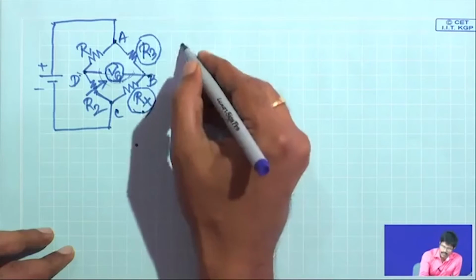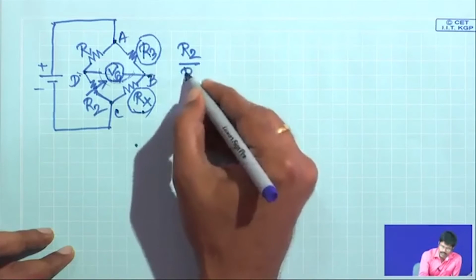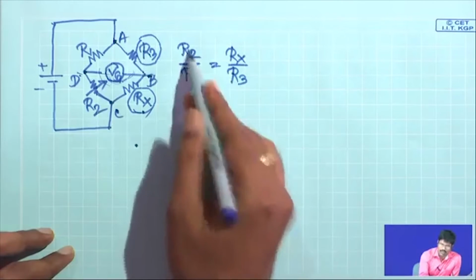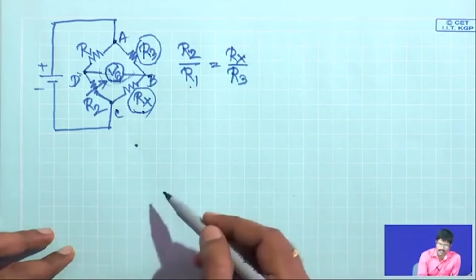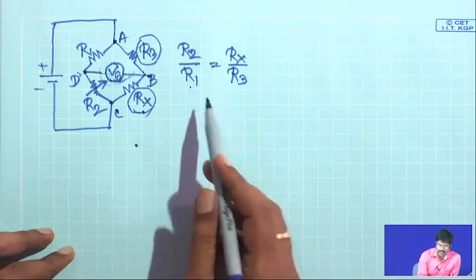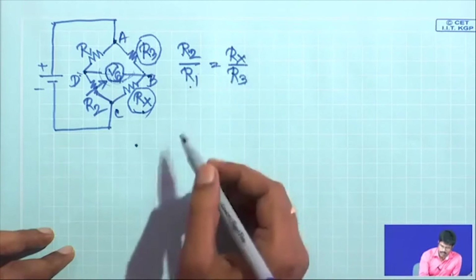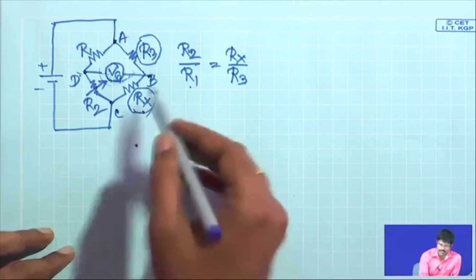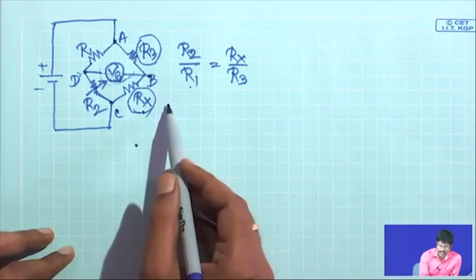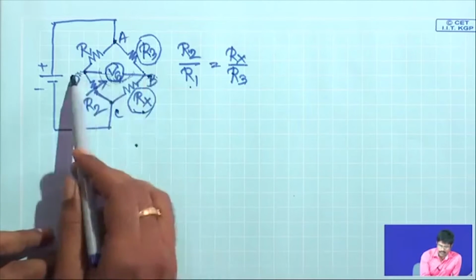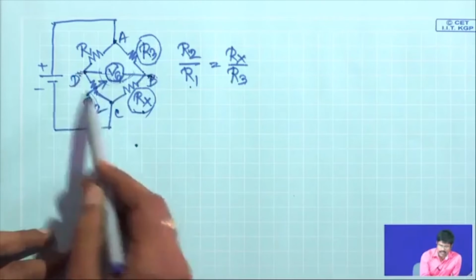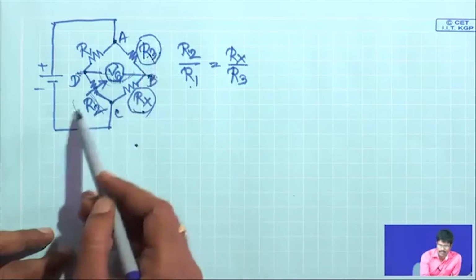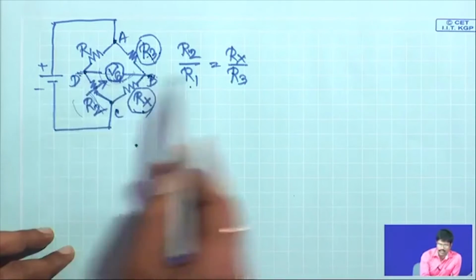Under that condition, this particular relationship is valid, R2 by R1 equals Rx by R3. Since you know R1, R2 and R3, you can easily determine Rx. So, after the experiment is over, there is a change in temperature of that sample bead, the thermistor bead on which the solution is there, and so the resistance has changed. So, there is some current here. So, what you do is that you change this variable resistance, you know what this resistance is, these two also you know, because this is the reference bead, you change until there is no current, and then you apply this ratio.